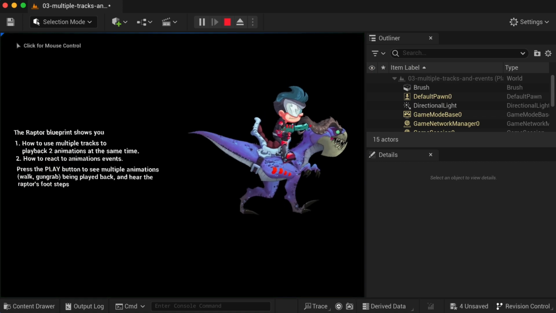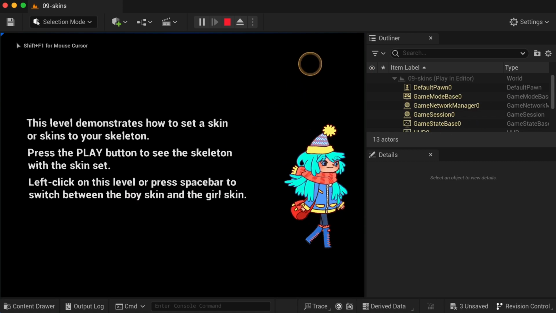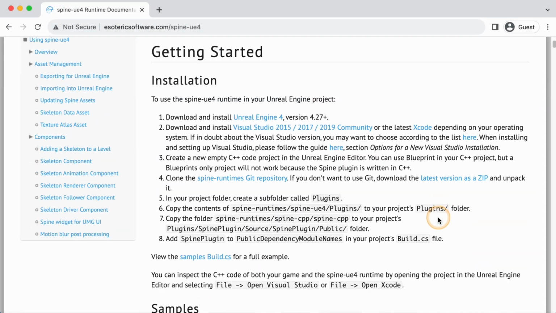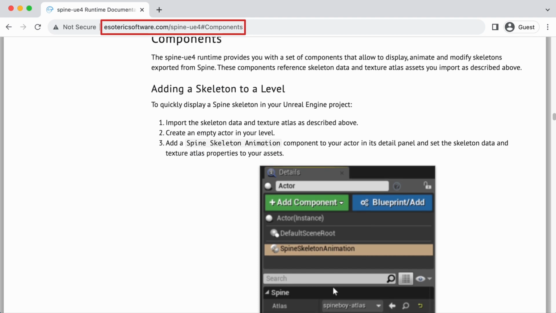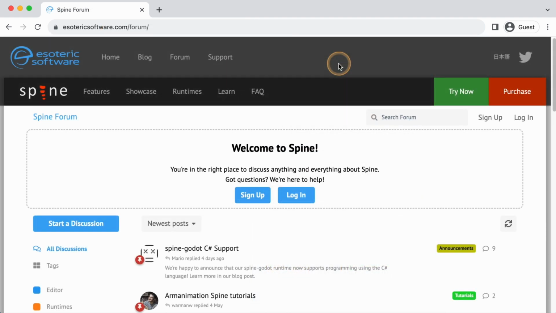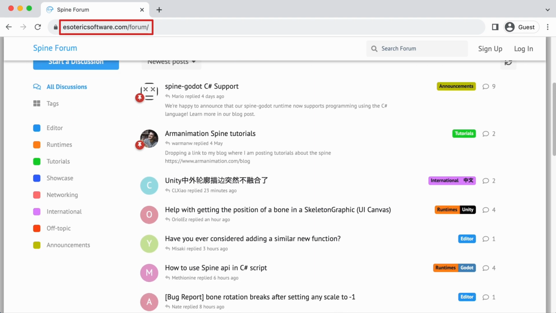Now you have learned about the components and major functions provided by the spine-ue4 runtime. If there is anything you would like to know more about, please refer to the spine-ue4 runtime documentation. Besides the examples and documentation, more information can be found on the Spine forum where you can post your questions